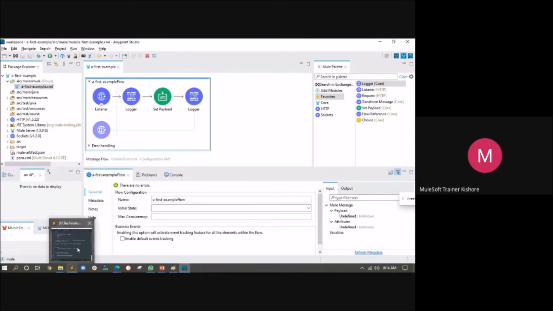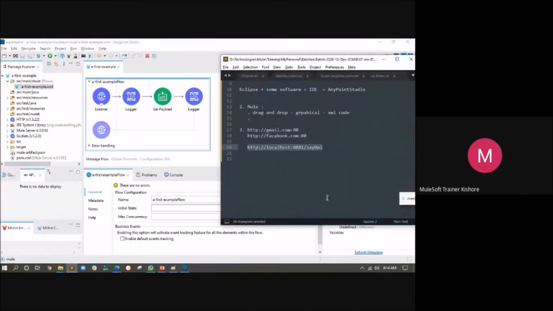So let's recap the example we did. From where did we send this request? We sent this request from the browser, right? So the browser is the triggering point, which is triggering the request for us. But in the Mule application, who is catching this trigger, catching the request?